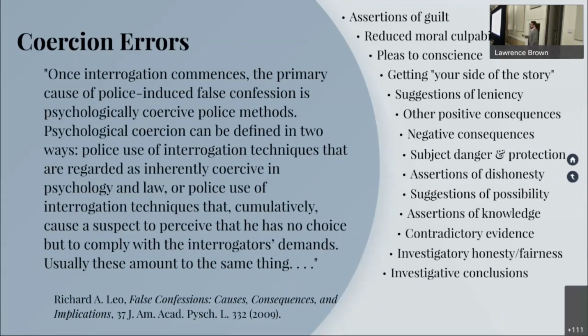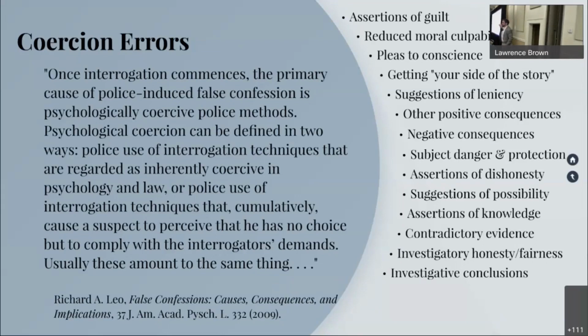And finally, look, we have this conclusion, right? We have this information already. We've determined that this is what happened, circling all the way back sort of to assertions of guilt, but this is what the investigation has concluded. This is what the forensics show. This is what the science shows. Now, here's the really tricky part.